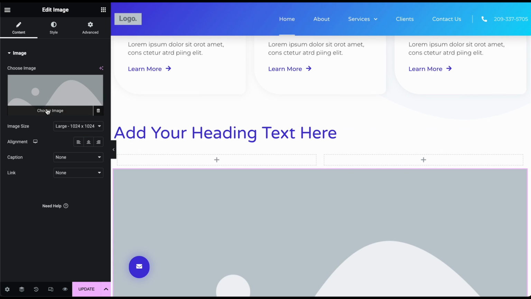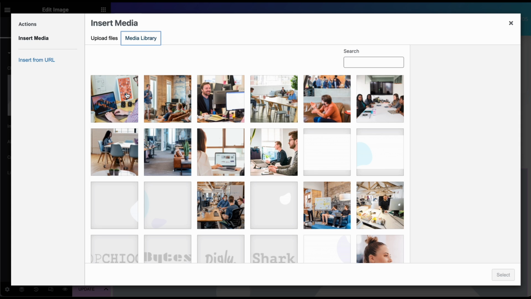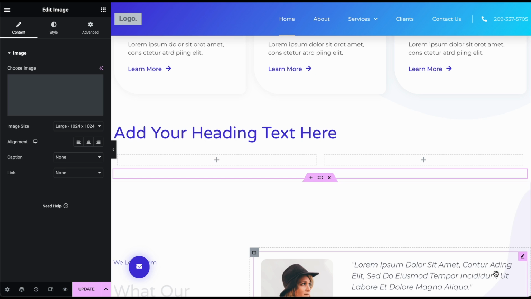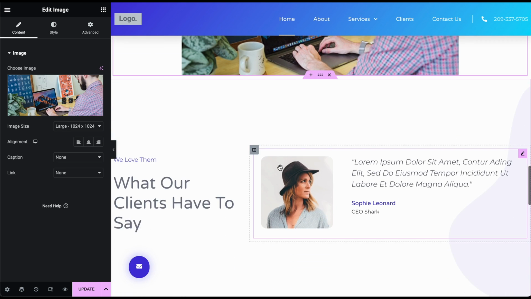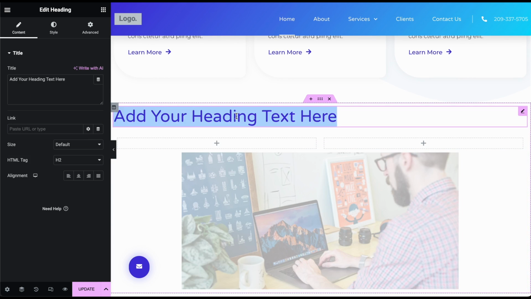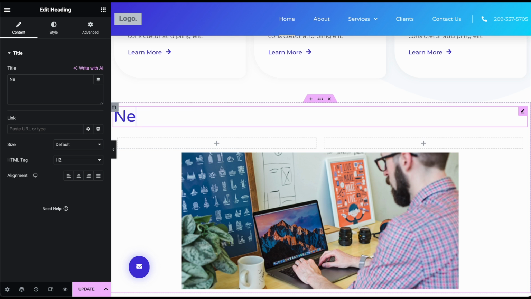And then you can actually go in here, choose an image, and upload something if you want to. So let me just show you, for example. They already have some files pre-saved from this template, so I'll just use these for now, just for filler, and you can see we just added an image just like this. We can add in custom text, like "new section," and then here we have some more pluses, so we